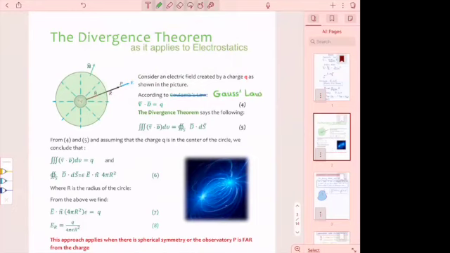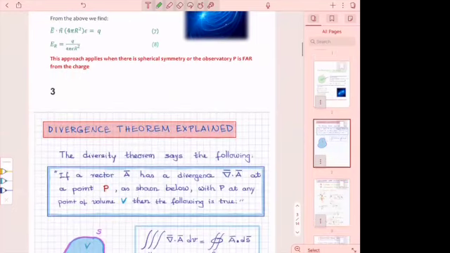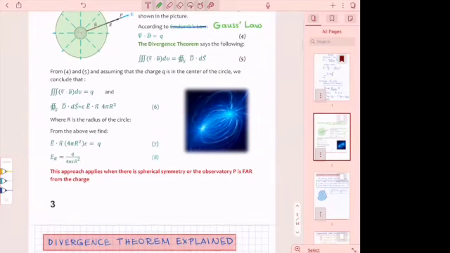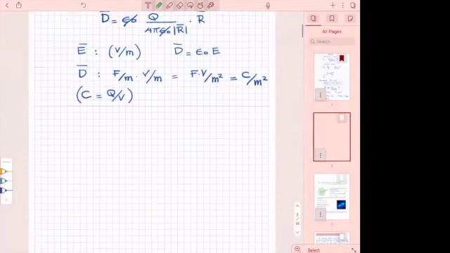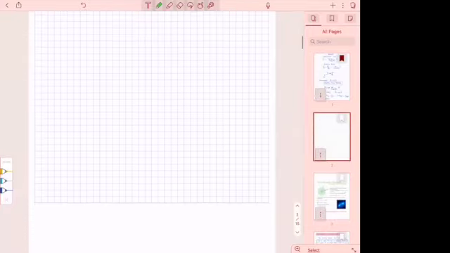Okay, so now we introduce Gauss's law, and I will also open another page to write exactly what is before. But what Gauss's law is telling us